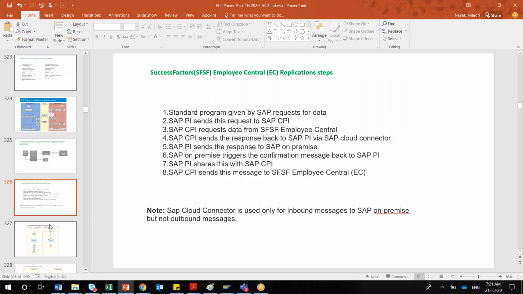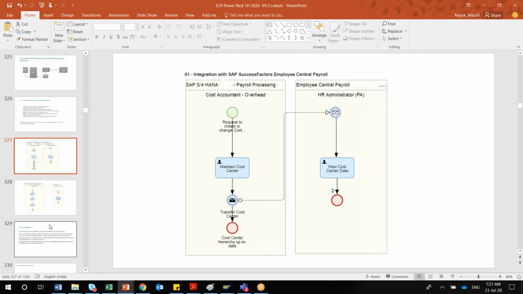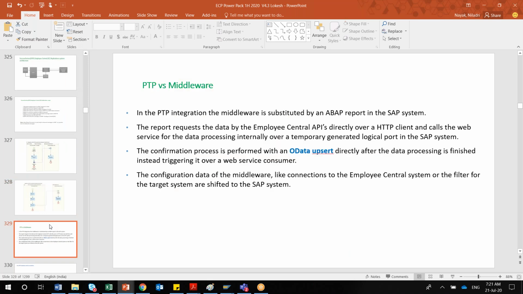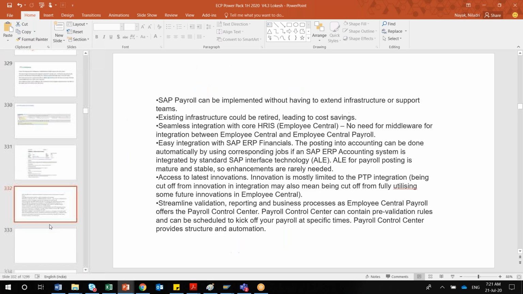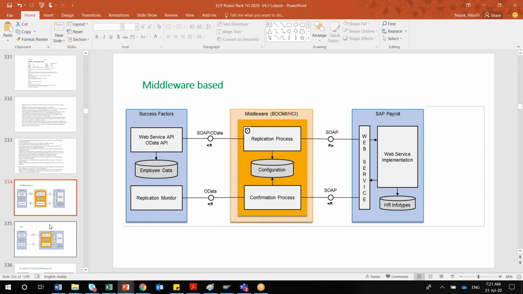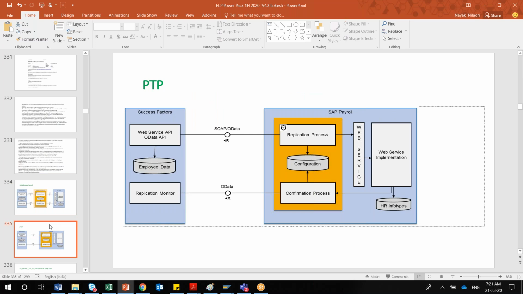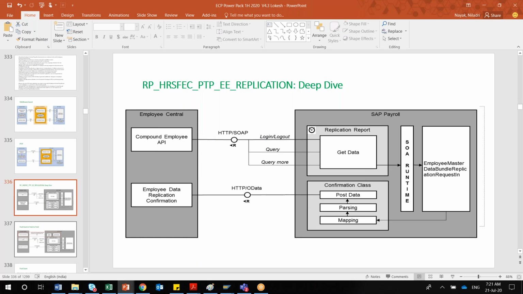Security. CPI diagram. This is the one actually for individual data. Then OData upsert. This is your SOAP OData replication Boomi. It is related to Boomi. Somewhere I put it here. Anyway, I will find it out, because there are 4 to 5 diagrams which I can recall now. I think there is some security layer. Let me check it, and I think this is the one.